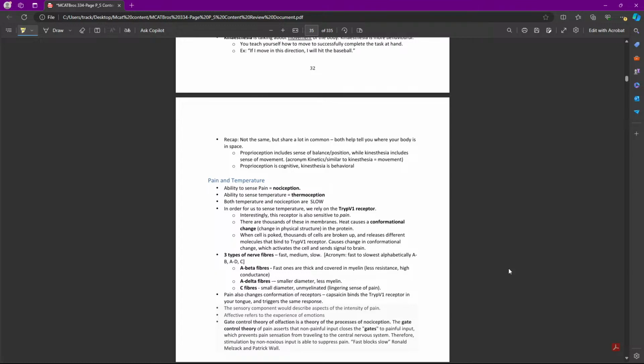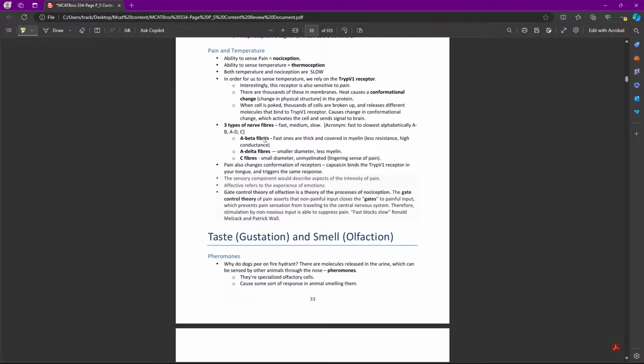Okay. Pain and temperature. Pain uses nociception receptors, which send that stimuli through usually reflex arcs. And there's a gate theory, which we'll talk about later. Thermoception is using thermoreceptors. Both temperature and nociception are slow compared to other sensory receptors